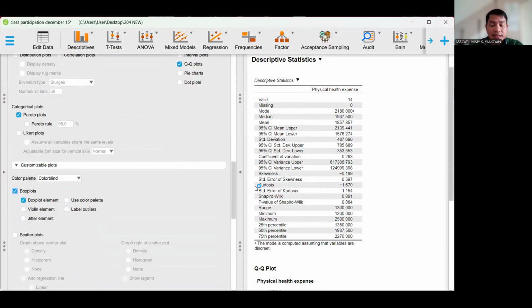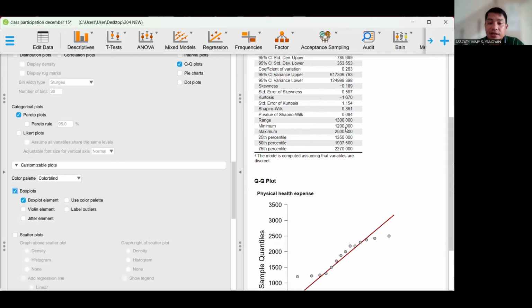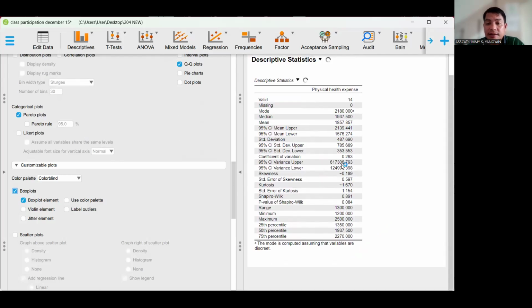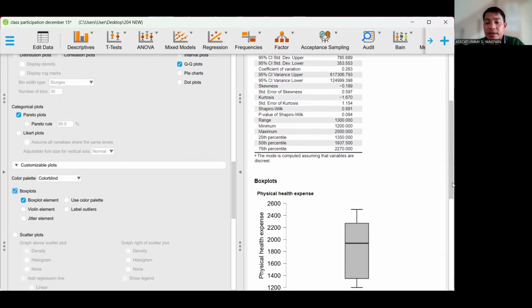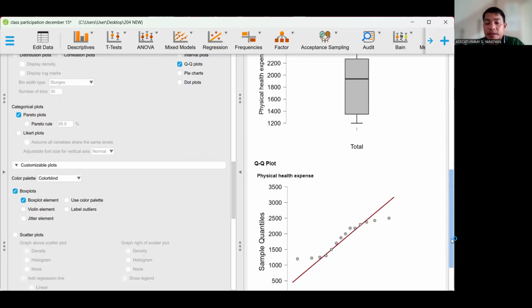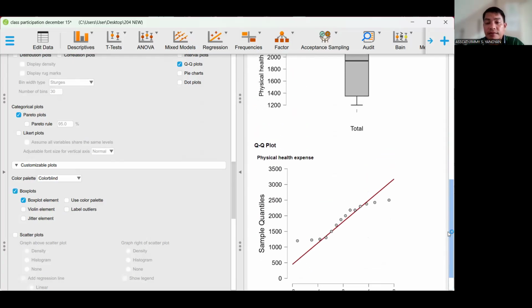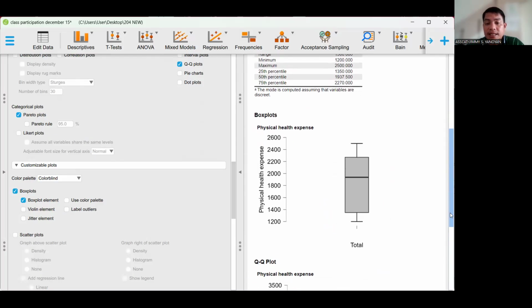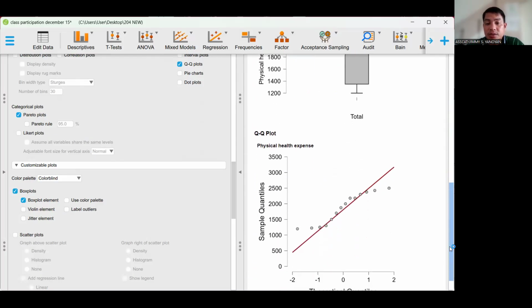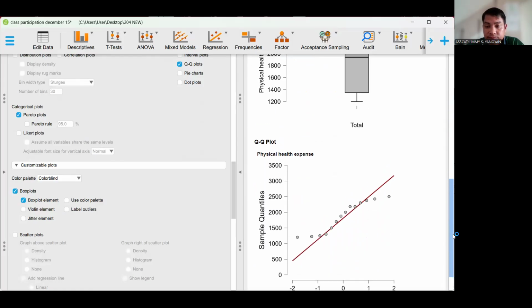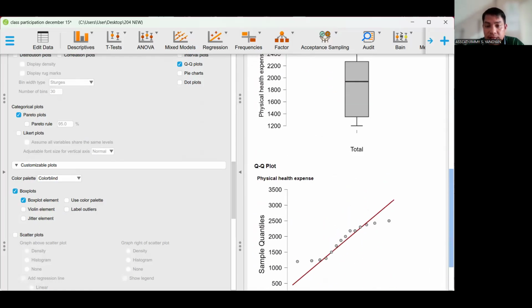These plots will not show the amount, but they will show the figure. So these are the different plots that we are using: the QQ plot, the box plot, and